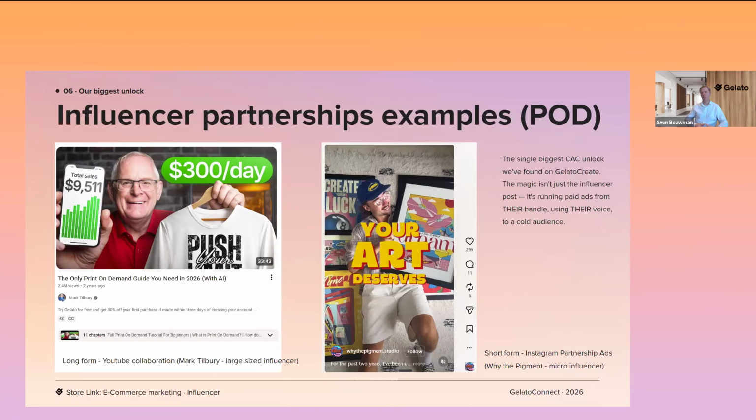that really resonates with the end customer, which in this case is potential sellers, right, who want to also have a Shopify or Etsy or Squarespace, WooCommerce, etc. store. So these are two examples of influencer partnerships that we've done. We've done very many at this point, and